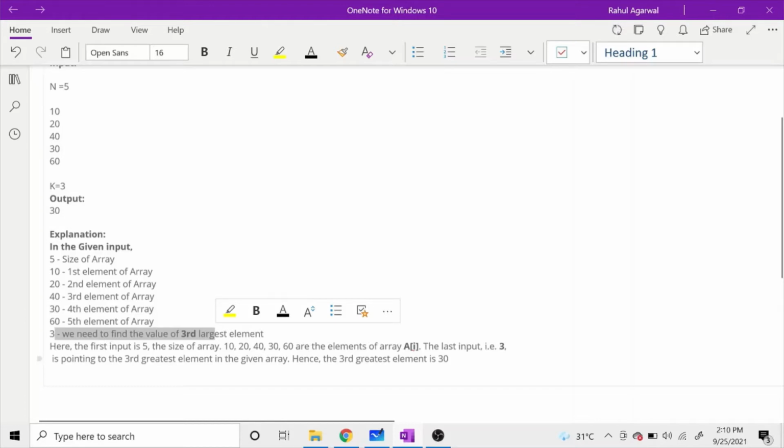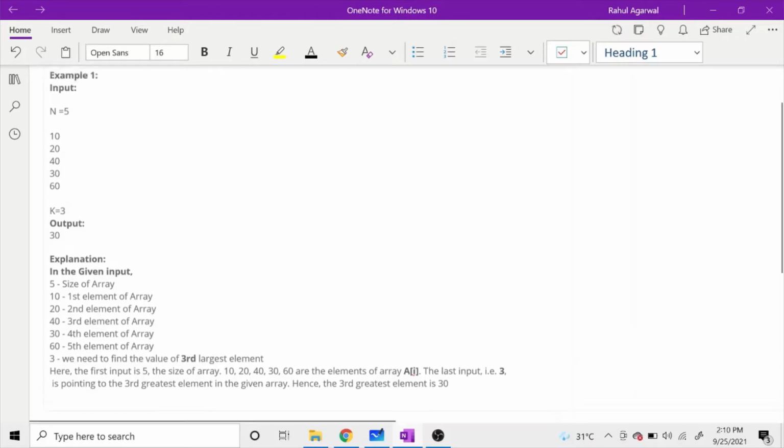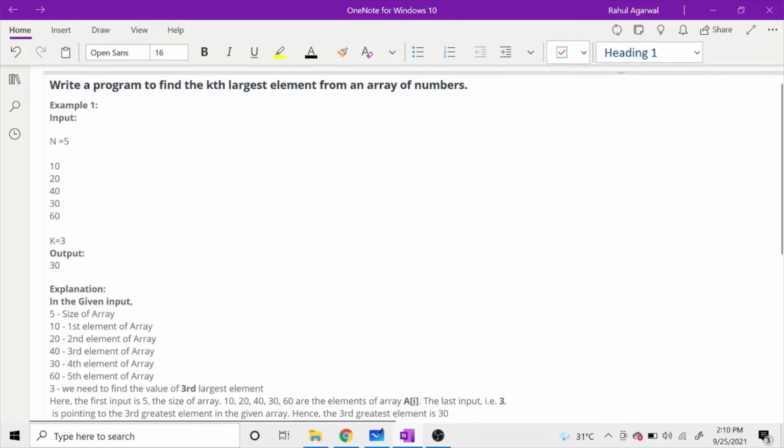One way of doing it can be to simply sort the array and return the third element from the array. This will solve our problem, but this code will not be time efficient. So we will look at another optimized approach which will make use of a heap.